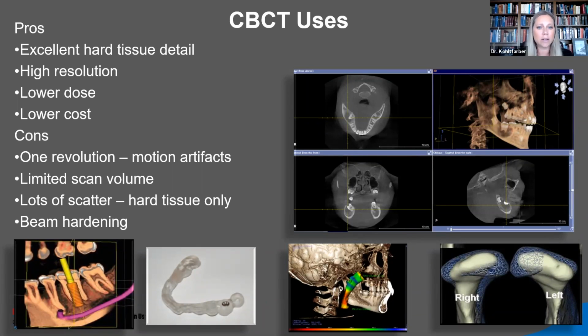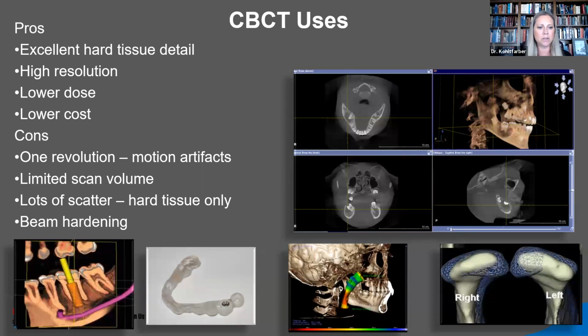In fact, much higher resolution than a medical CT. And we have nice isotropic voxels. So what it means is that we have a perfect cube. And so each one of our little 3D pixels is a perfect cube. So we can have reconstructions very nicely in all three planes. We're not waiting to try to reconstruct into different planes like you would have to with a medical CT. This does come at a lower dose and a lower cost to our patient, but the cons to that, again,